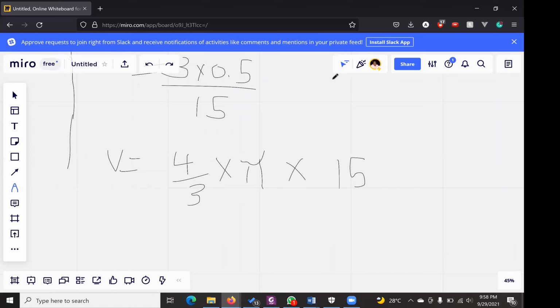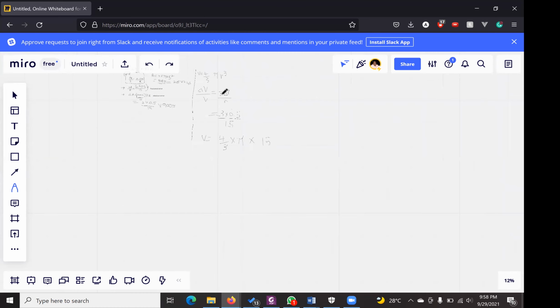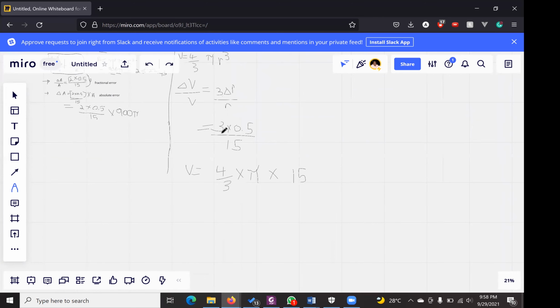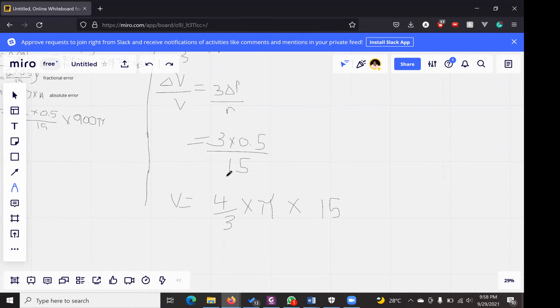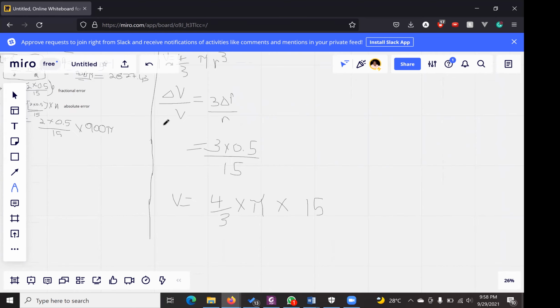Yeah, we're doing 2v. So we worked out 2iv, and we said that it would be 3 times delta r over r based on the rule for fractional error. And it asks us for the absolute error. And as one of your students had correctly pointed out, seeing that you have delta v over v and you want just delta v alone, which is the absolute error, you would multiply both sides by v, and you would end up getting